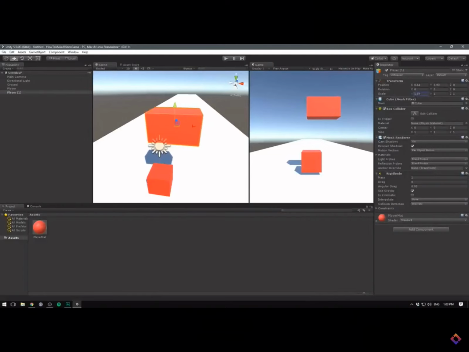You can see we can adjust all of these, and the game object will be adjusted accordingly. And also, if we go ahead and drag on the game object, you will see the transform component updating. The rest of them, though, are all optional. We have the mesh renderer down here, which is responsible for drawing the object on the screen. If we go ahead and disable that, it's actually going to disappear. It's still in here, you can see it's still in the hierarchy, and it still has this green box and we can move it around, but until we